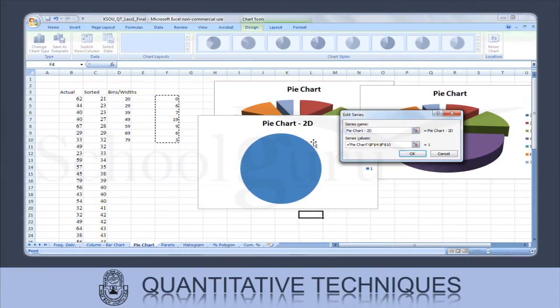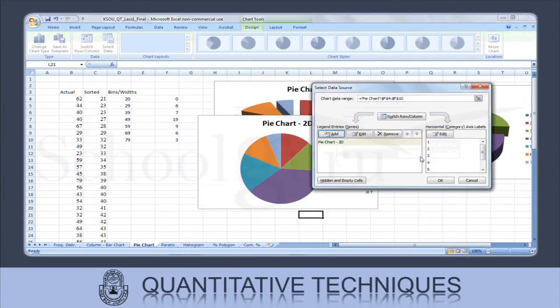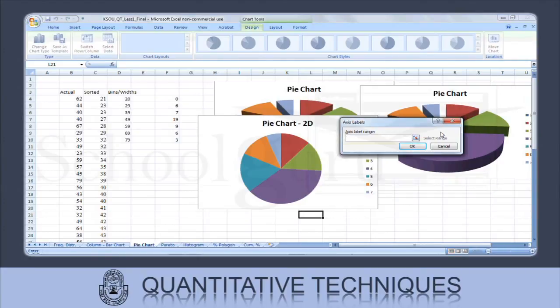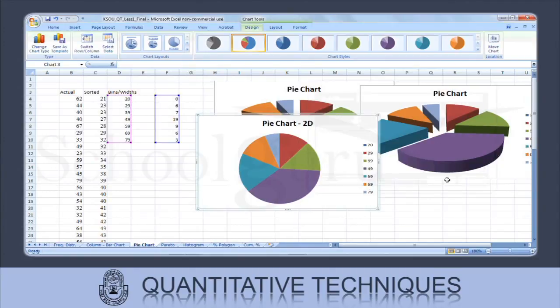Select all of them, click OK. Go to edit. The axis label range. Go to bins. Select all of them. Click on OK. Click on OK once again. And you'll see that you have a pie chart in the 2D format.